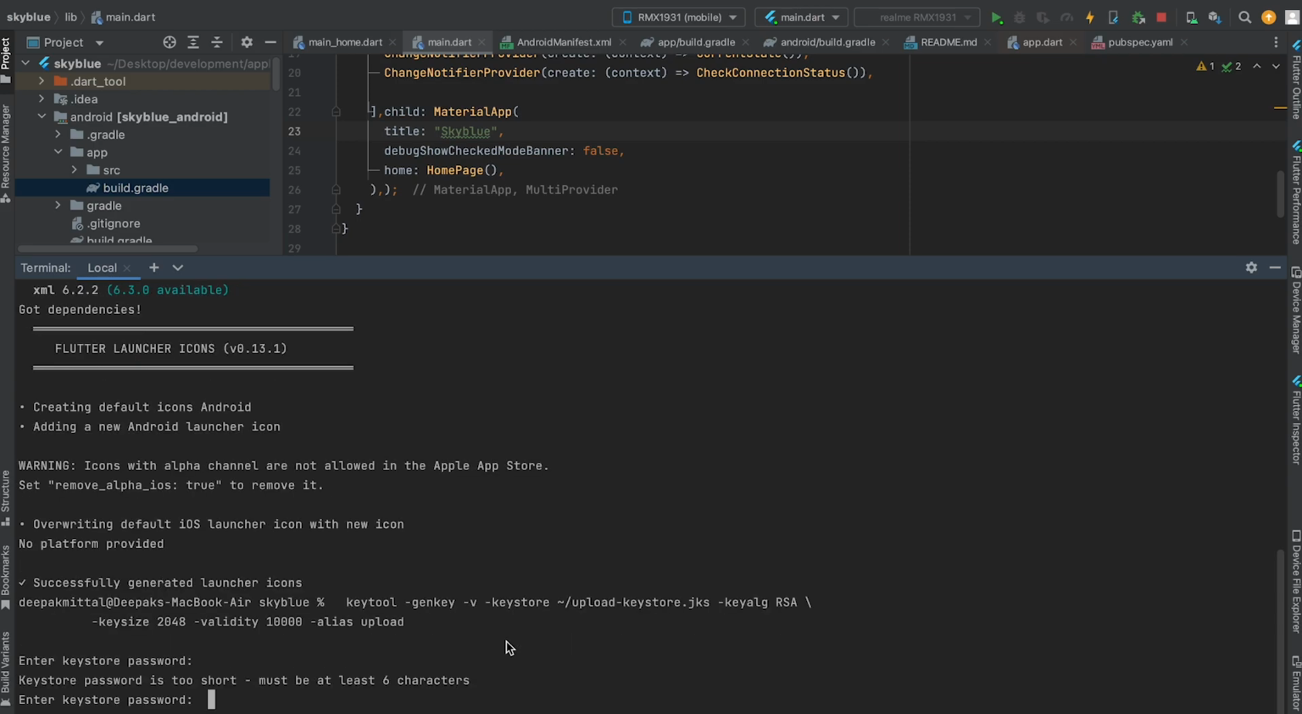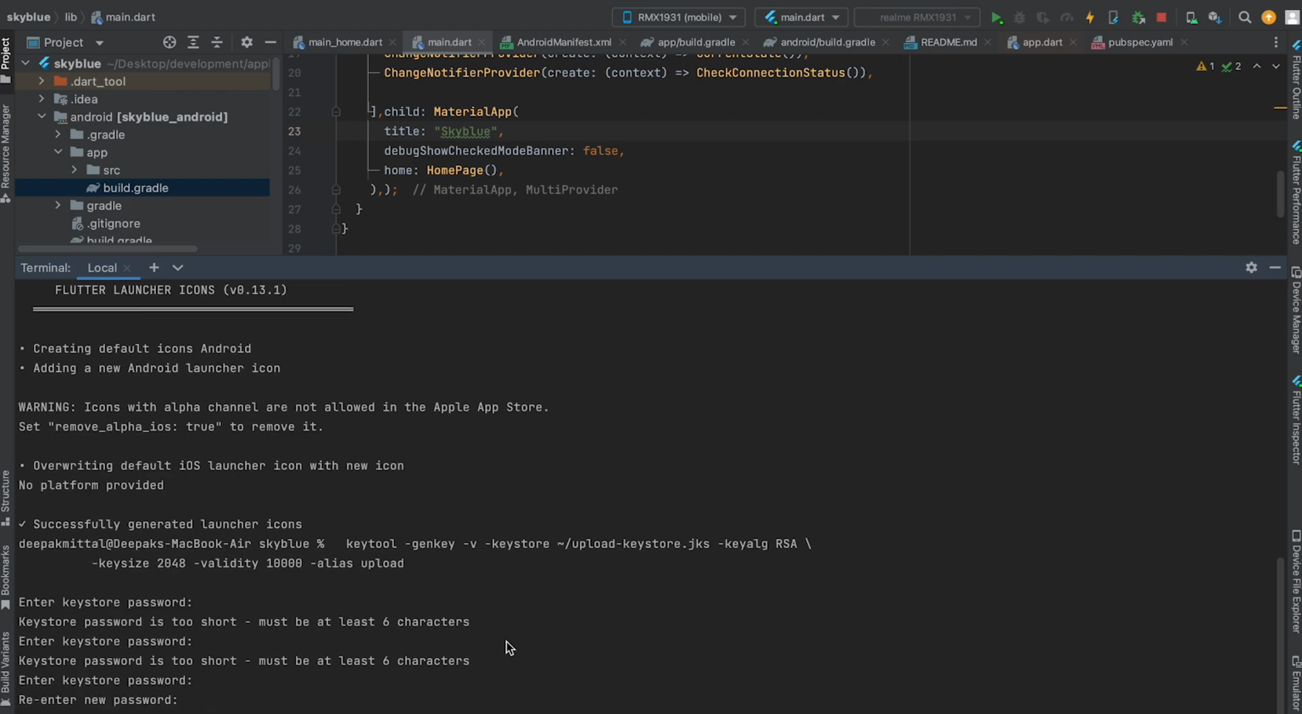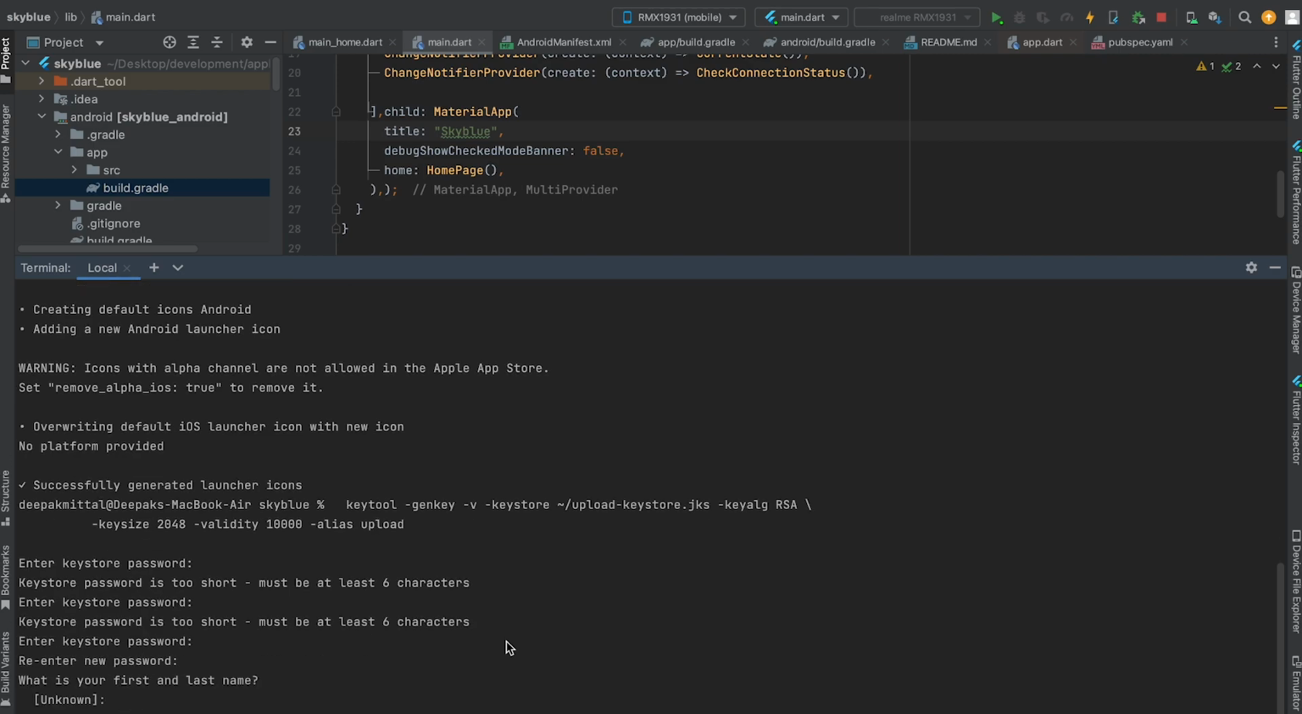So we have to reconfirm the password again. Okay, so I'm making an error. The password that I'm entering is too short. Basically the password must be of at least 6 characters. So I'll enter the new password, and now it is